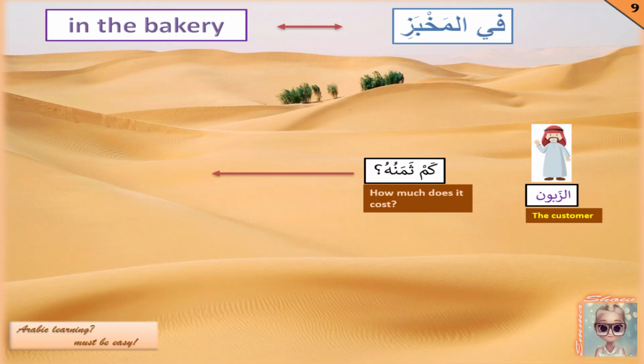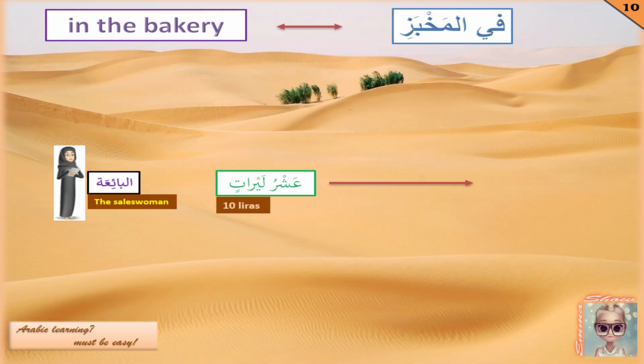So how much costs? I read your talk from last week where you talked about suffixed and hidden personal pronouns. I guess the question should be kam hiya thamanuhu, but hiya is a hidden pronoun. Yes and no. There is a hidden personal pronoun here. Yes, but it's called huwa and not hiya because the noun thaman is masculine. So كم هو ثمنه. Okay, and the letter ha ending thaman is a suffixed pronoun in the sense of its cost. Very good. Your comment is correct. Thanks.